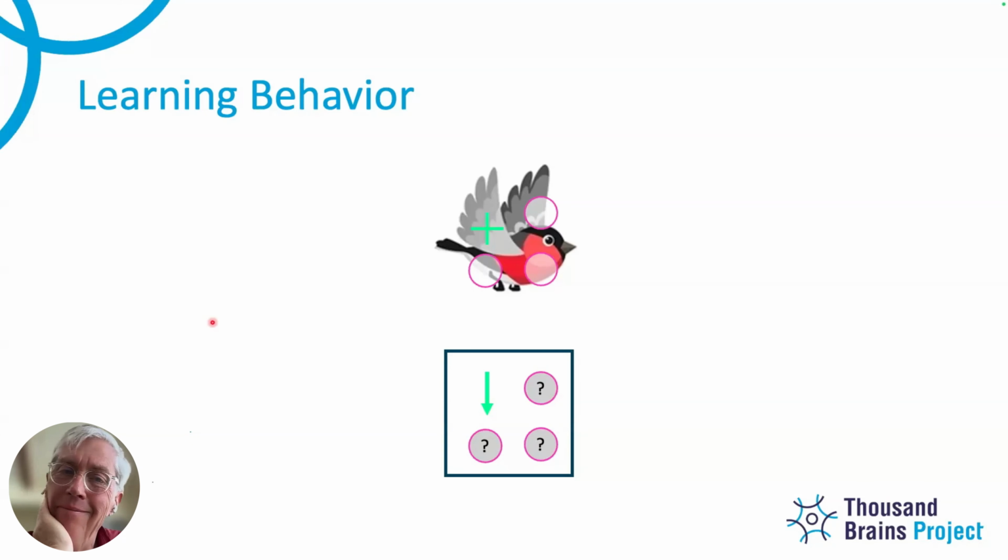One thing I'm also wondering about now is a higher level column that's receiving a larger receptive field, a coarser input, whether if learning of behavior happened there first, it would be a more primitive model, but that might help lower level columns to recruit them again. So just in the case of this bird, if you just had, oh, there's the flow of a wing, which is just a broad area of movement up and down, up and down, then that could be learned more easily because there's not that many locations. I would think that's possible.